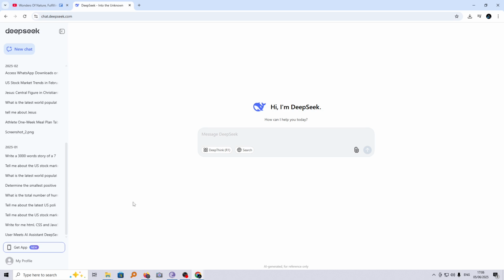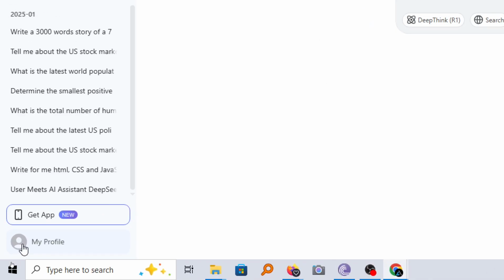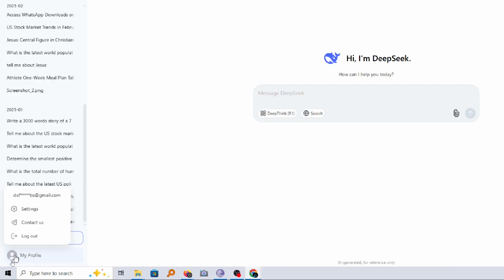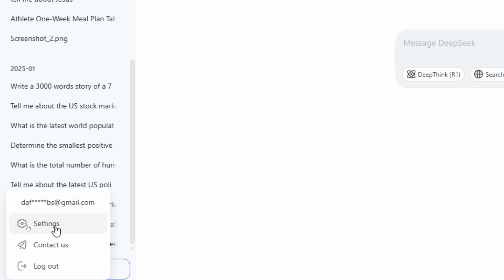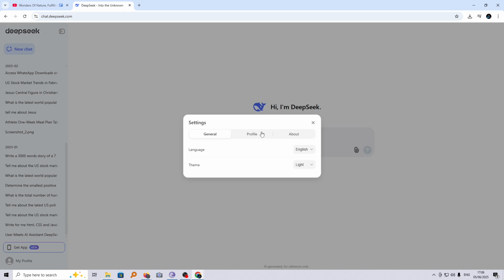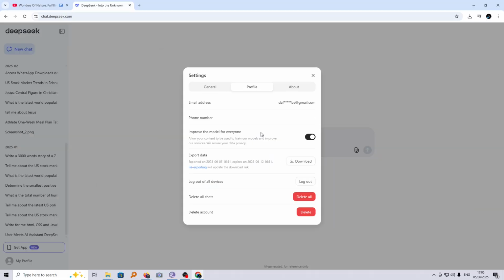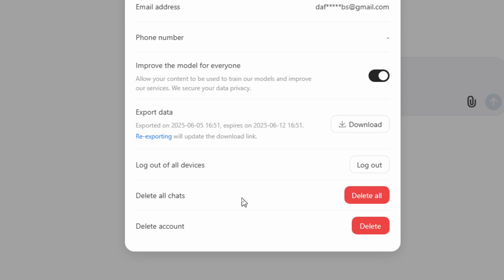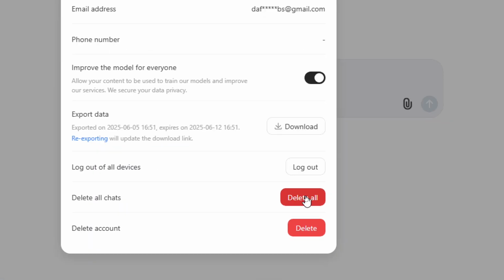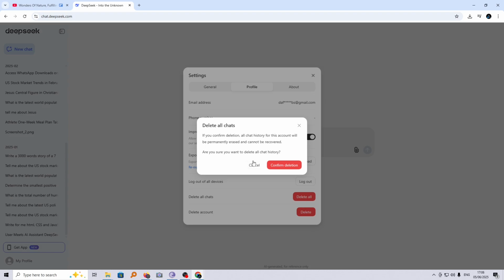Now to get started, go to your profile picture down here on the bottom left and then click on it and then choose settings. Under this, go ahead and tap on profile and you'll see we have this option called delete all chats. If you go ahead and tap on delete all, this will go ahead and delete your chats